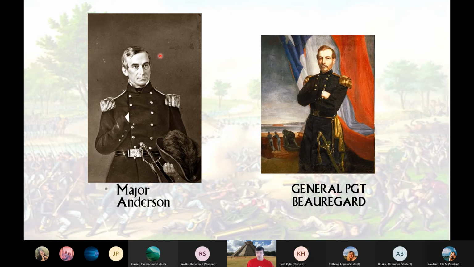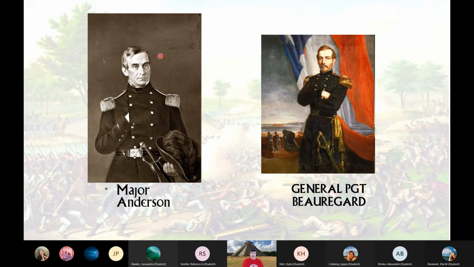The Confederate commander was a man they made a general of the Confederate Army, a Louisiana general named Pierre Gustave Toussaint Beauregard. Everybody called him PGT Beauregard. Anderson was a teacher at West Point before the war. And one of his best students, a brilliant engineering student, was PGT Beauregard. Very small army. So Beauregard opened fire.